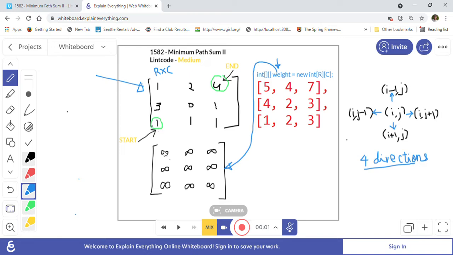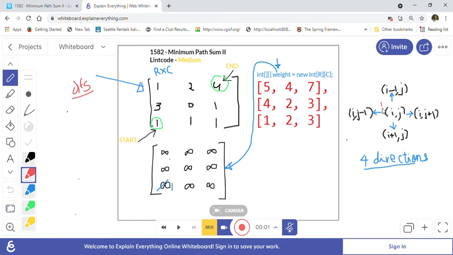So we are here, and we will just mark it as 1. Now we can go in 4 directions, so we are going to use DFS. Our approach will be DFS, depth first search or depth first traversal, where we will call our DFS function recursively and pass our i and j coordinates of this matrix, and we have to visit these 4 directions.